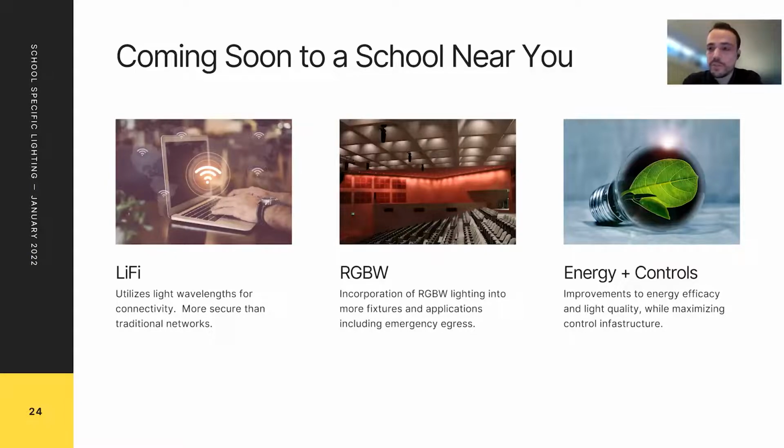Continued use of RGBW lighting. So we have the technology to incorporate RGBW lighting, and it is becoming much more accessible for standard lighting opportunities. So of course, we can have this inside of our media centers, inside of our auditoriums. We can also start to incorporate this for other effects such as emergency egress lighting, in the case of a fire drill or an active shooter drill, to be able to have lights that beam